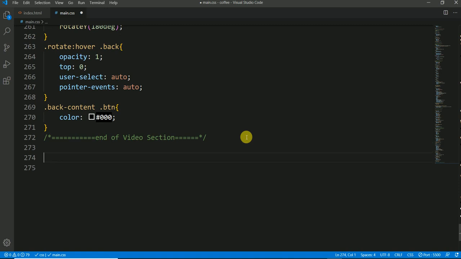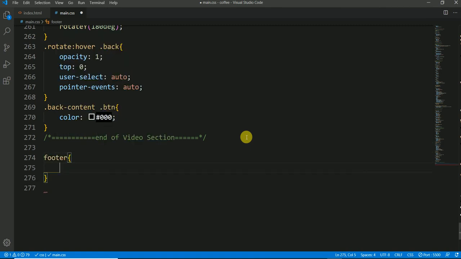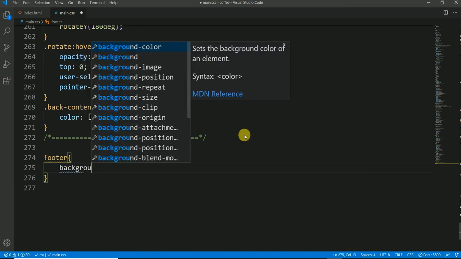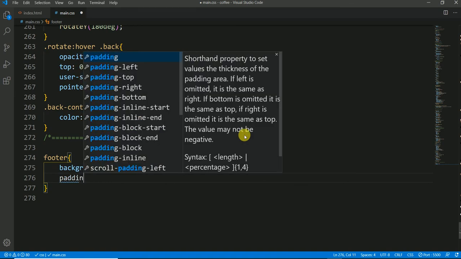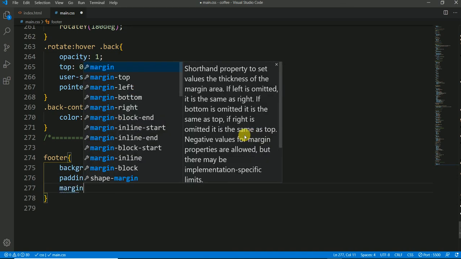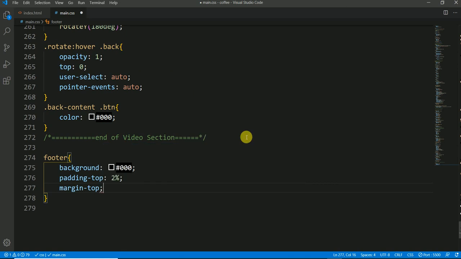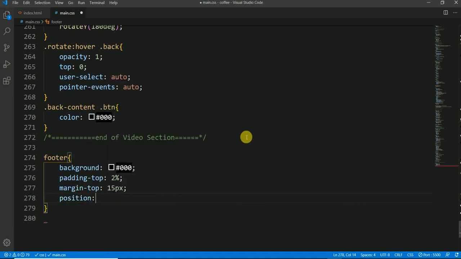I'm just going with the footer element, and the background for the footer would be black, and padding top would be 2%, and then margin top, this would be 15 pixels, and then position relative,